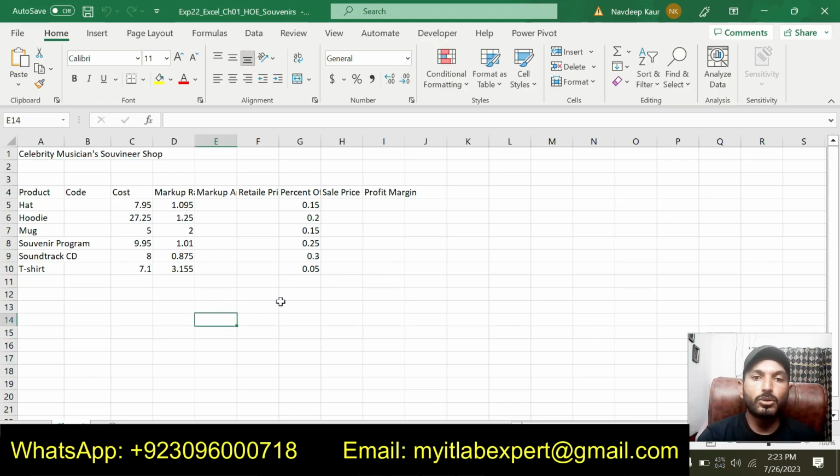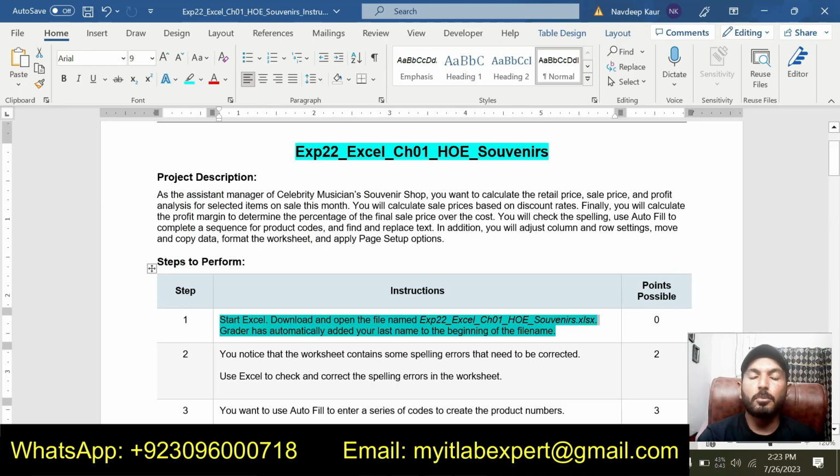I have already downloaded this. Your name will be added before this file name. We will solve all the steps mentioned in the instruction file in this Excel workbook. So step number 1 is just about downloading the Excel workbook. That is why we will directly move to step number 2.